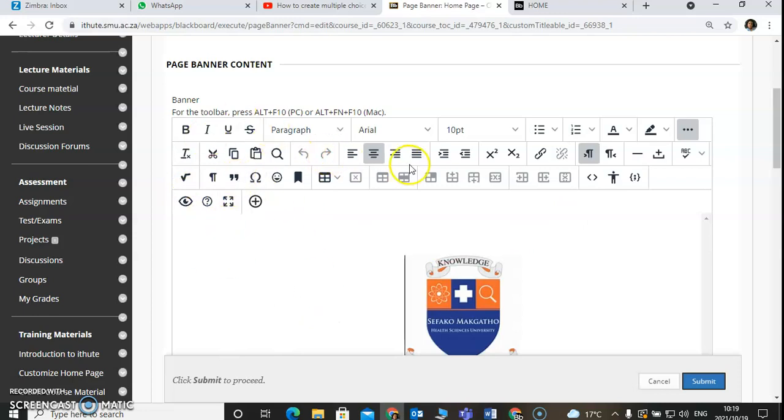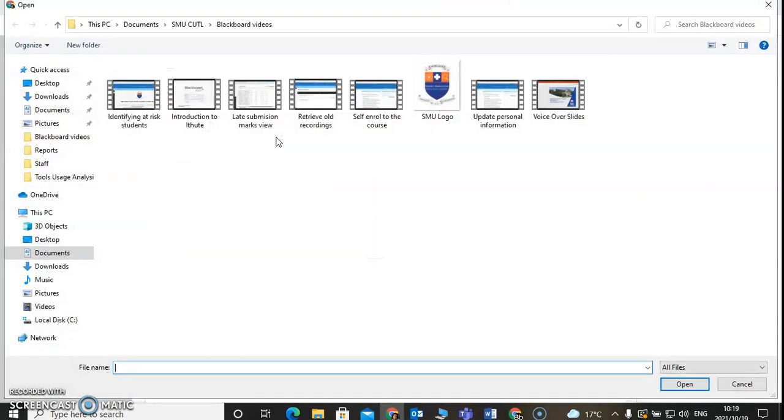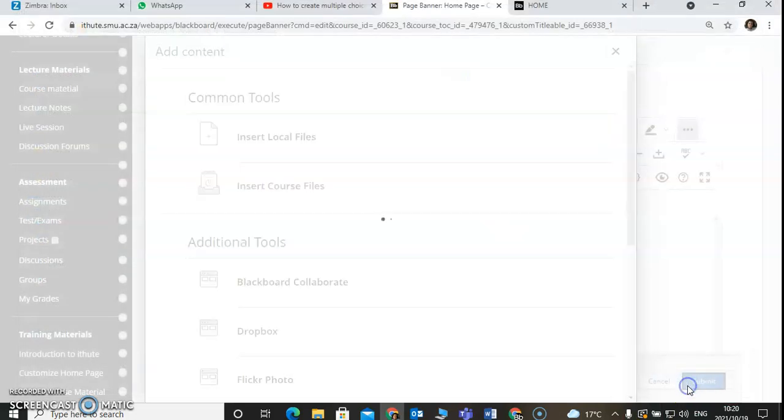This is the toolbar. You will click on the plus sign in order for you to add those images, and then you click on insert local files. So you will go where your images or photos are. This is where my images are. There is the SMU logo. You will click on the logo that you want or the image that you want, and then you click on